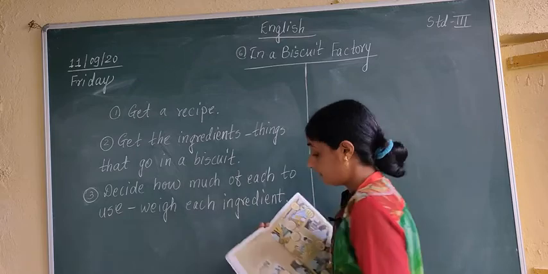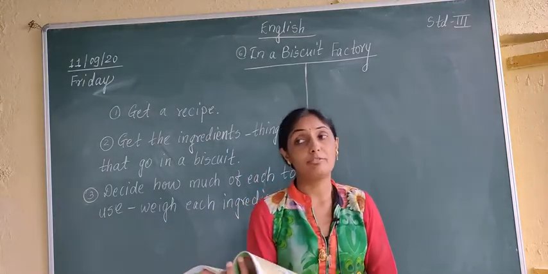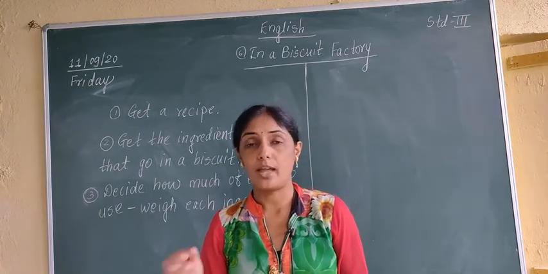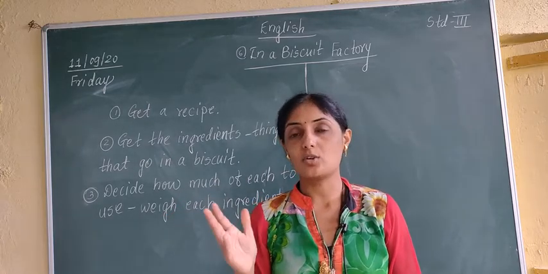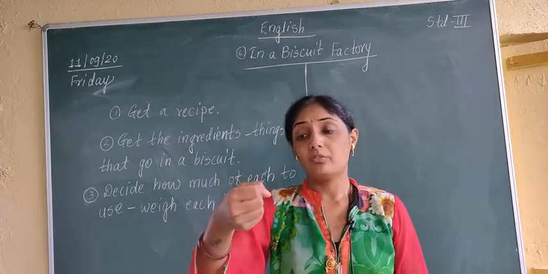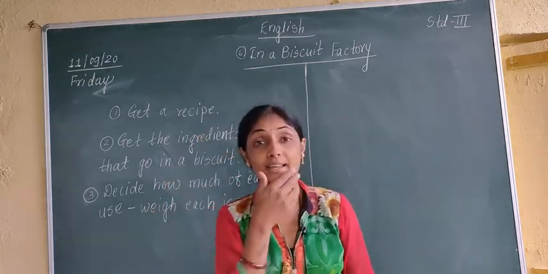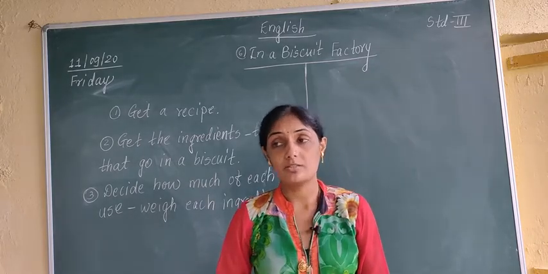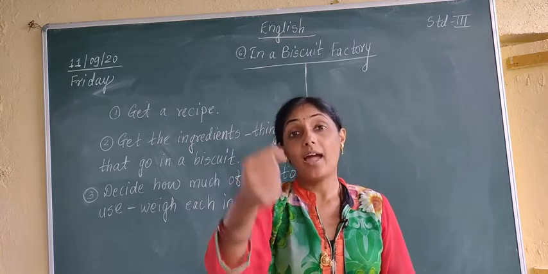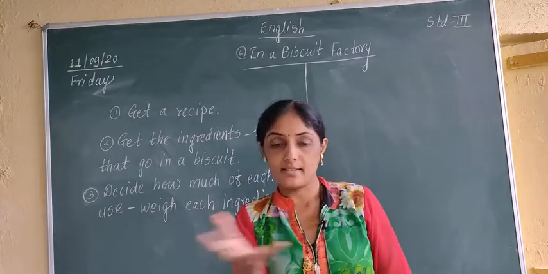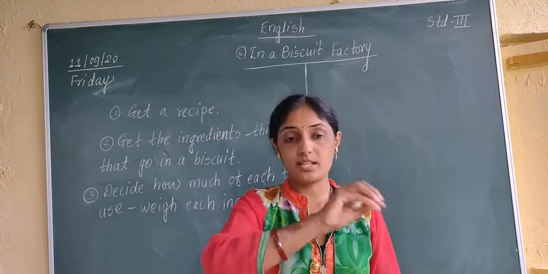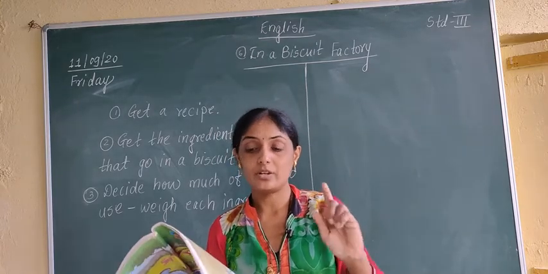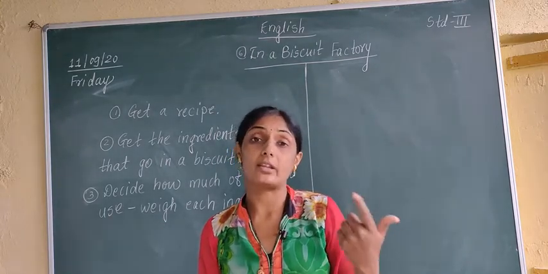Okay, that is the third step which we do in the factory, whenever we get the recipe of biscuits. We have to weigh it. Weighing machines are there, yes or no? There are some electric weighing machines, and some weighing machines which are used in markets. In grocery shops you will see vegetables weighed with a hanging weighing machine with two panels. Weights are put in one pan and vegetables in the other, and weighing is done by hand. That is one normal machine, and now many new electric machines have come.